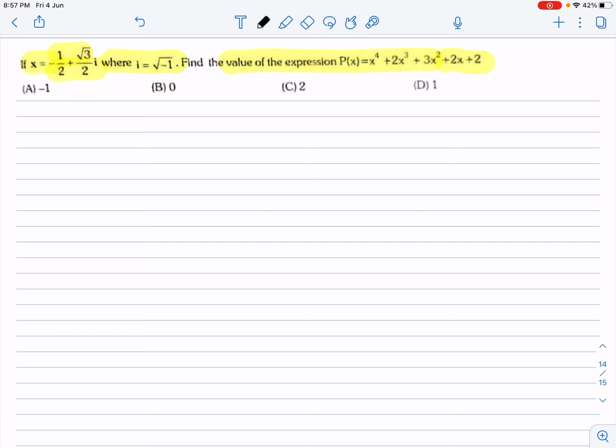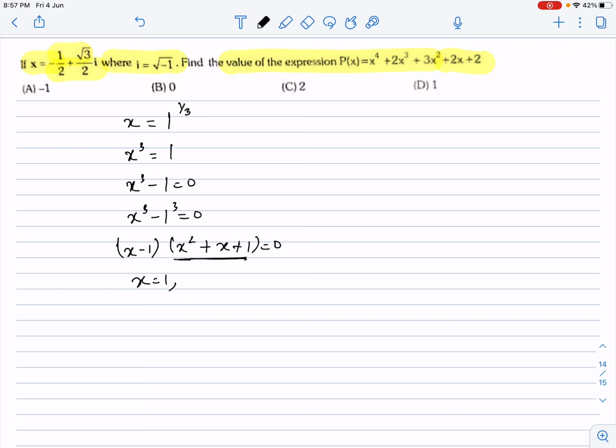So I'll be writing x as the cube root of unity. That means x is equal to 1 to the power 1 by 3. So what will be generated over here? x cube is equal to 1 will be generated, and x cube minus 1 will be equal to 0. Then x minus 1 can be written by me, and x square plus x plus 1 is equal to 0 can be written by me. So I'll be getting x is equal to 1, or I'll be getting this.